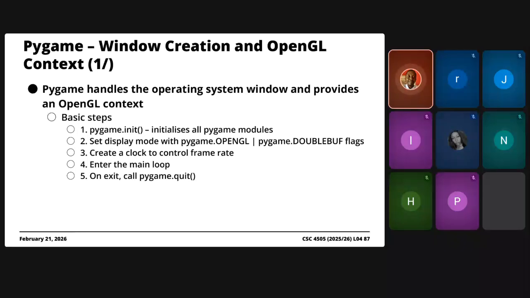And then we also set the display mode. This will make sense when you look at the example. We have got to set the clock here to control the frequency at which we are rendering what is on the window, what is being drawn, ideally. The nice thing about this is what we introduce as our FPS, frames per second, which is your frame rate. So step one, you initialize, you set the display mode, you create a clock to control the frame rate,